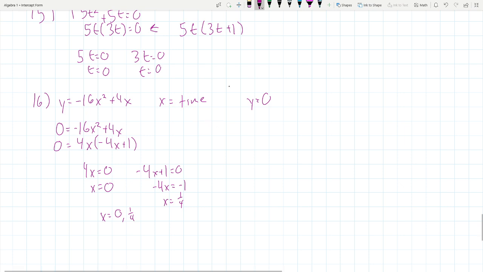And so x is time, and actually it's in seconds. And what this means is that the frog left the ground at 0 seconds and landed at 1 over 4 seconds. So after a quarter second,